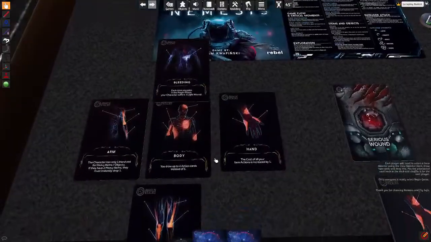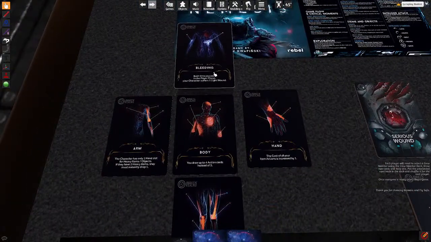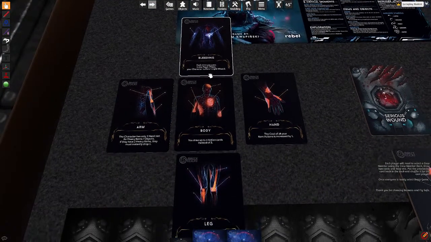Each race would have to have its own deck is one option. There's one caveat for what we're talking about. And then the other is, I don't know if I want it to be like a super small deck of, like, oh, you hit hand, oh, you hit body. I kind of want it to be more,